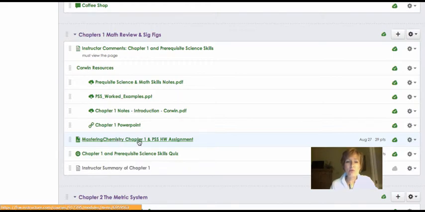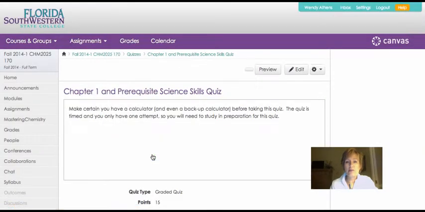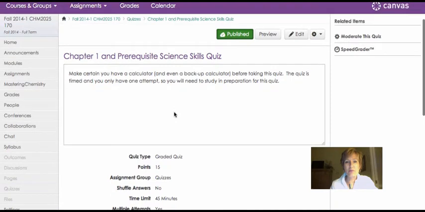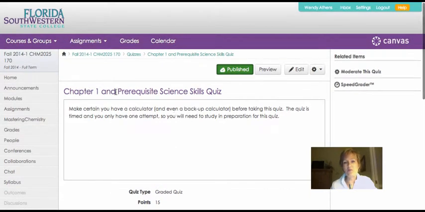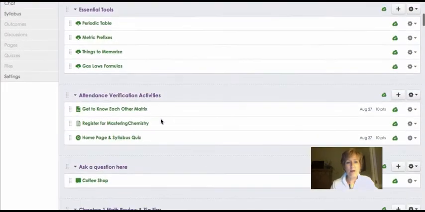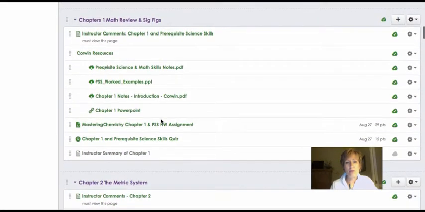Alright, coming back to the module flow, after you complete your Mastering Chemistry assignment, and remember you have an infinite number of tries to get all of the points for that, you can then go into the quiz for that chapter. Quizzes I have set for multiple tries, okay? Unlimited attempts. They're randomized, so you'll get fresh problems each time, but these are also what we call formative tools. They help you work with the materials and develop your ideas. Alright, so I would like to now step out of the module approach. That's a basic module, the way they flow.